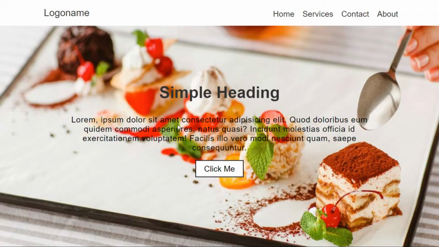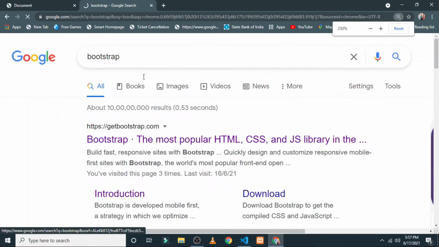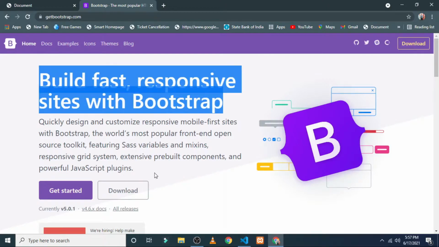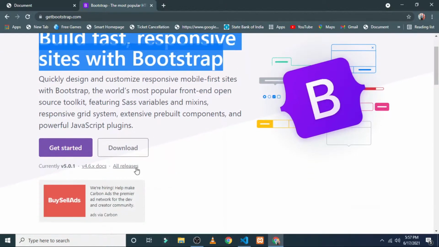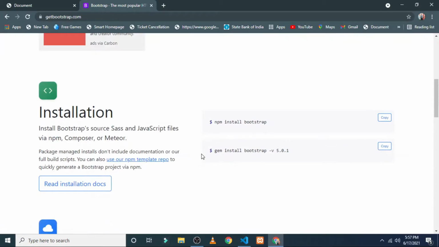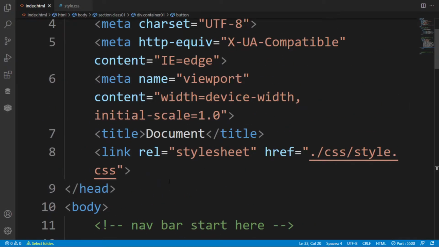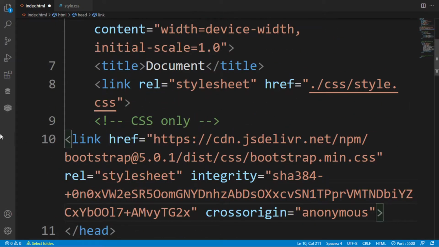And after that, in a new tab, you have to search for Bootstrap. When you search for Bootstrap, click on the Bootstrap website. This is responsible for making the web page you want to create faster. If you don't know, then just copy the things that I have done. So here I am in the heading section of my HTML.